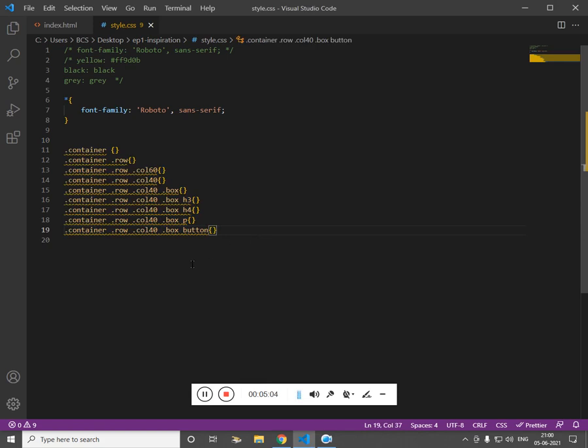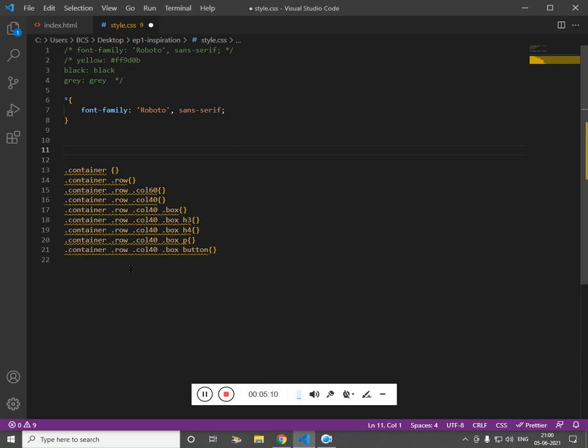To avoid overriding, we make this kind of hierarchy. I would suggest you to do this, but since it is taking so much space, I'll just remove it for this video, but I would recommend you to follow the hierarchy which I have shown you. Since I have only one section, I'm just removing it so that it looks like less code.